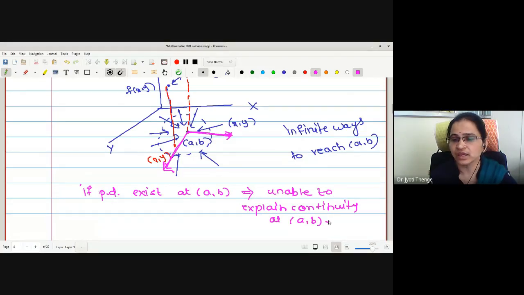And this is why there is a need to define a new kind of derivative called the directional derivative, which will give you the rate of change of the given function in all possible directions so that it can help with continuity. In the next lecture, we will see what the directional derivative is, and also whether it gives us continuity or not. We will try to find the answers to both these questions in the next lecture.